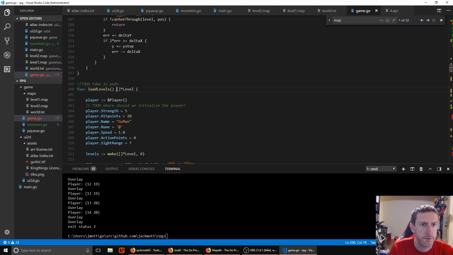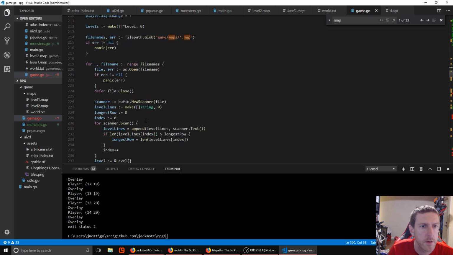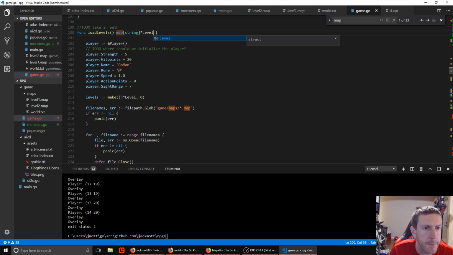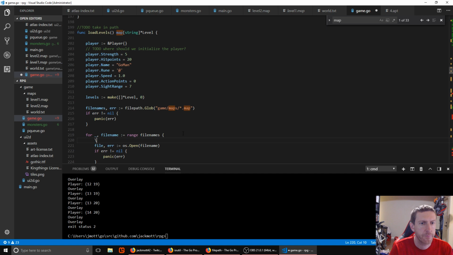So load level is going to return a map of strings to levels. And then our level name is going to be the file name minus the extension. So we're going to need